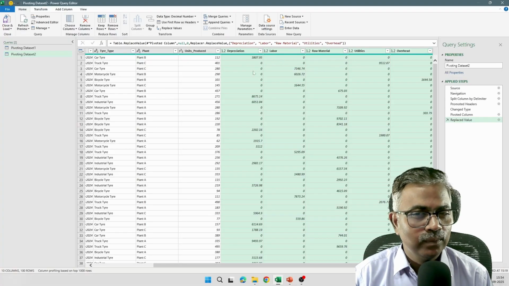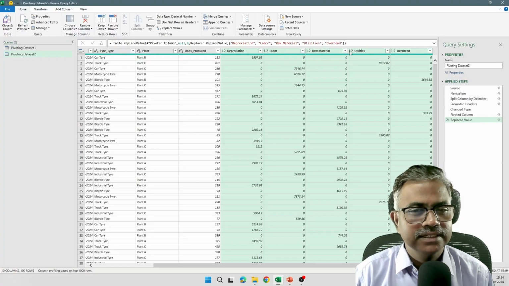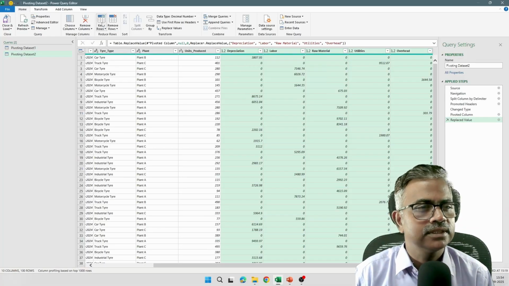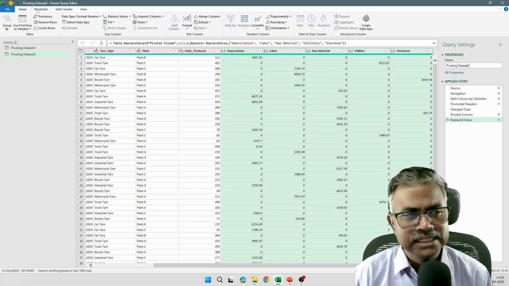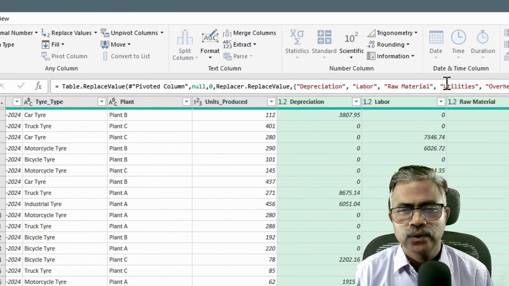Should I keep the individual columns or not? It's purely up to me. So let's say I don't want to keep these as individual columns. I want to bring it as total cost. So what I can do, I can go to transform. Let me zoom in for you guys again. Transform, and I go to